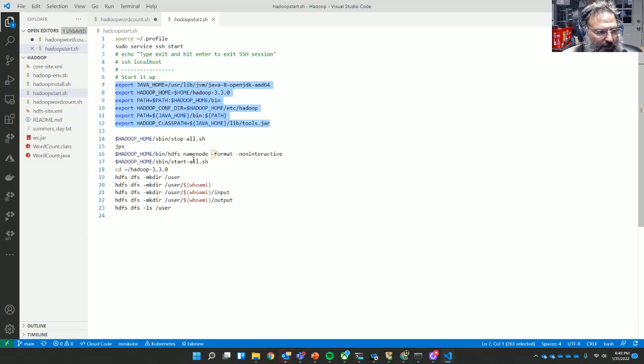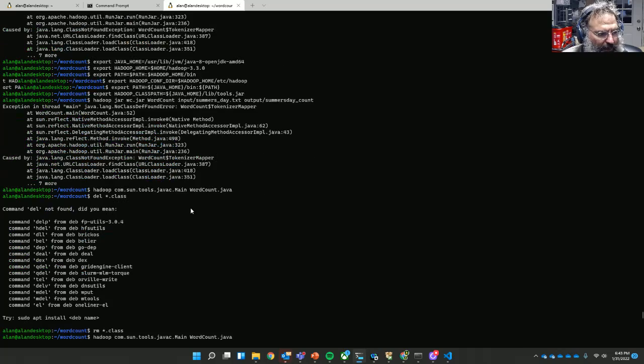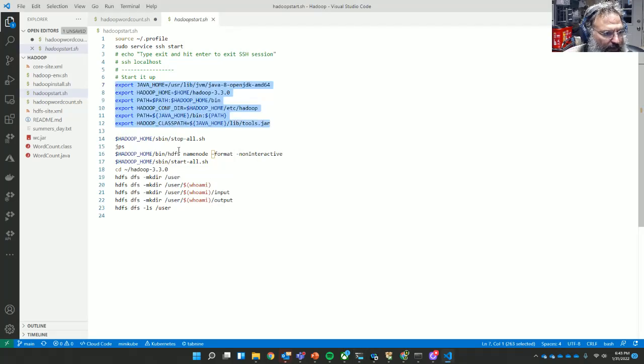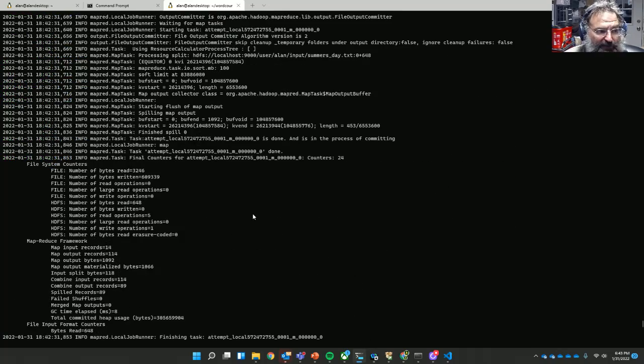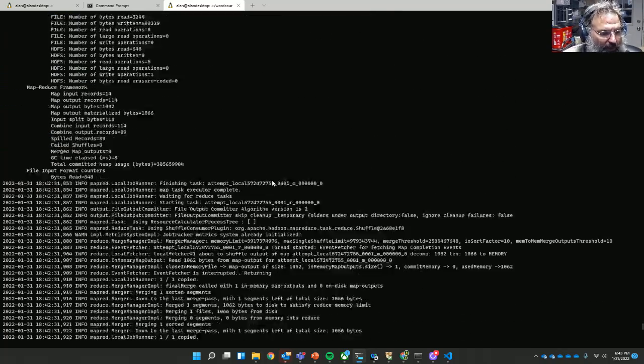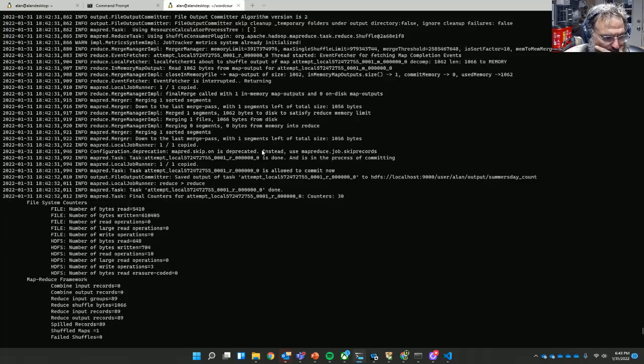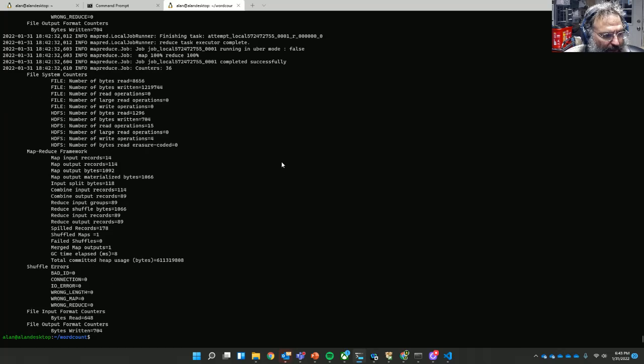Then the next step is to go through and actually compile it, which is what we're doing inside of here. This is actually javac that's doing the compilation. So we're telling Hadoop to compile this Java file and produce a class file. We're taking that class file and then running it in Hadoop. So we're actually doing the MapReduce, and to see what it did, the last step is to go and use this